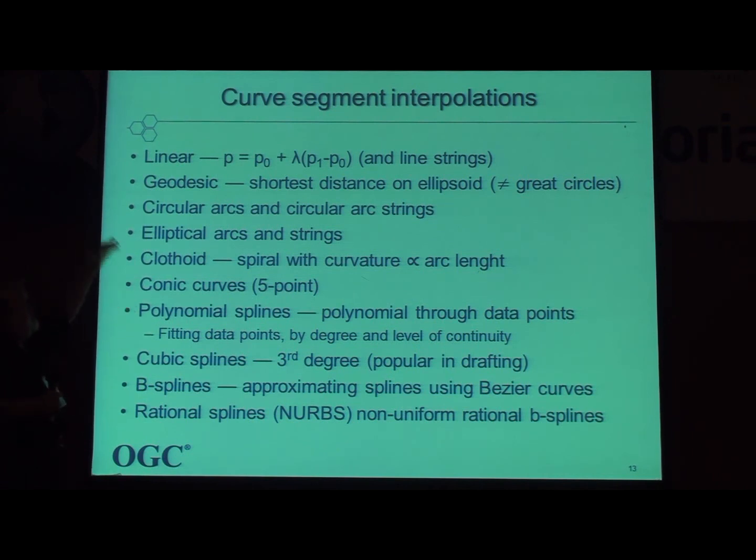Now, if you think about it, all of these are assuming Euclidean geometry, which we know is not true on the surface of the Earth. So all of these are assuming Euclidean geometry within the coordinate reference system, dealing with the coordinates as if they were algebraically on a flat surface. So they have certain limitations, and a lot of them may disappear. Clothoid will not disappear, but it'll disappear in its original definition. It'll appear as a constructive definition, not as a closed form. Okay, and then we get into the stuff that is